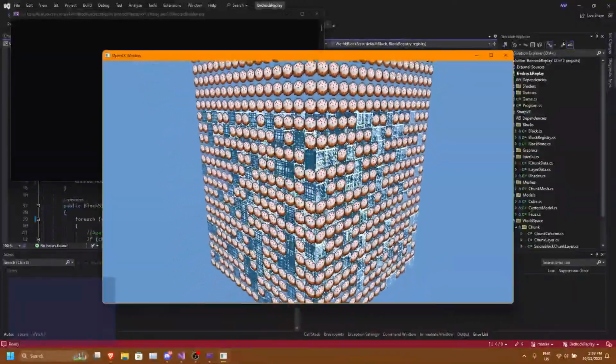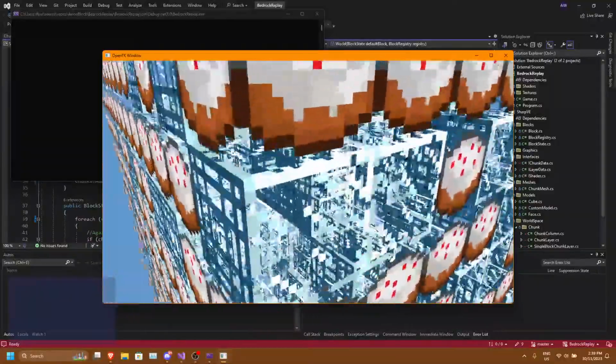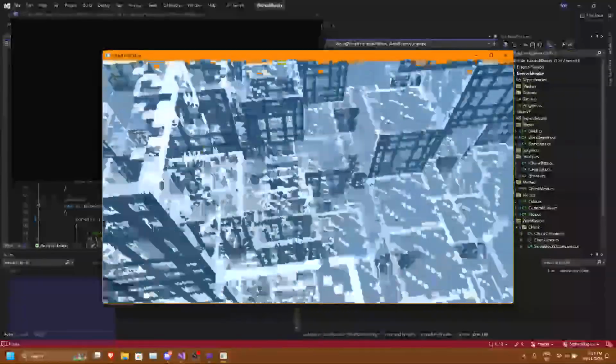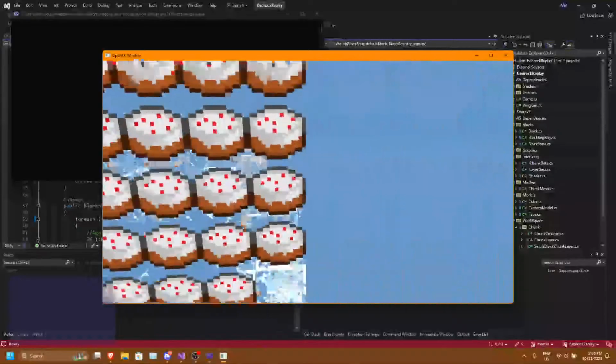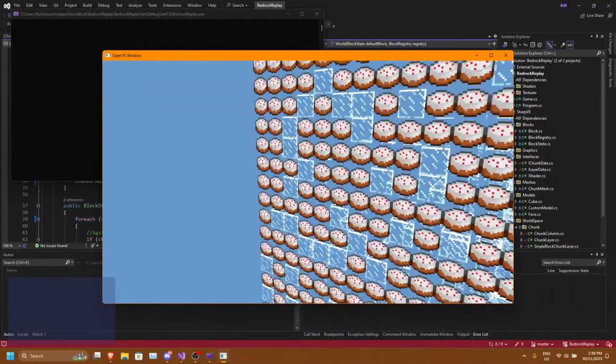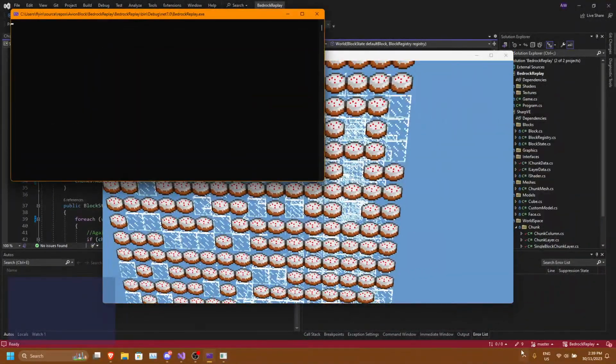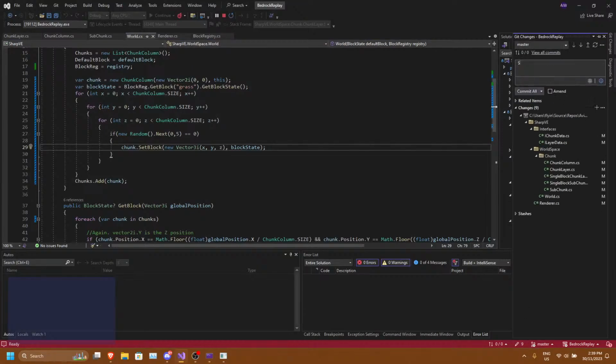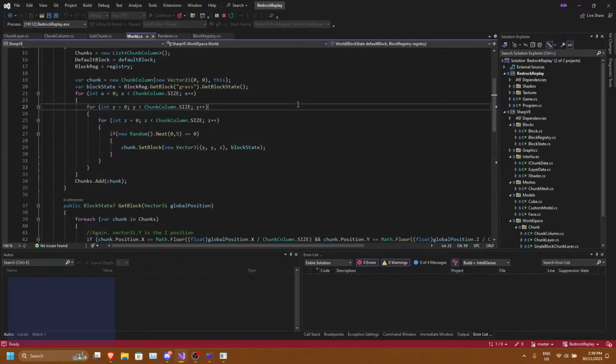I don't know. Well, at least I got the set block to work. Oh my gosh. We can do all sorts of stuff with this.